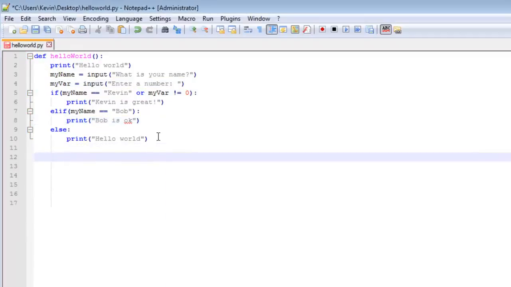Well, because I never actually called this function. I can define as many functions as I want, but they're not actually going to be executed until I call the function. So I do that by typing hello world, opening and closing parenthesis,